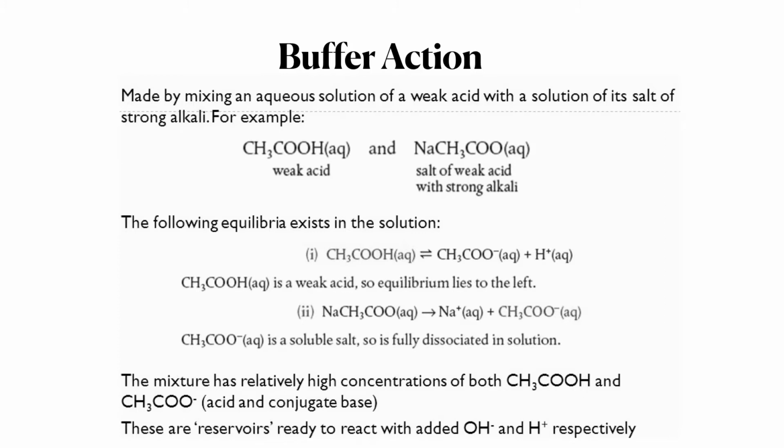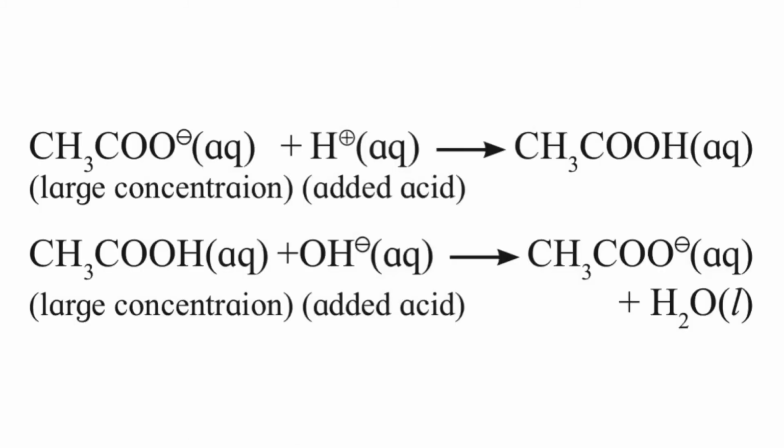We know that there is excess of CH3COOH and CH3COO minus ion. Now H plus will react with what? CH3COO minus, that is the acetate ions, and it will form acetic acid, and hence the excess H plus whatever is created will also be neutralized. So to conclude, whenever an acid is added, the large concentration of acetate ions reacts with the proton to form acetic acid, and hence the acid is neutralized.